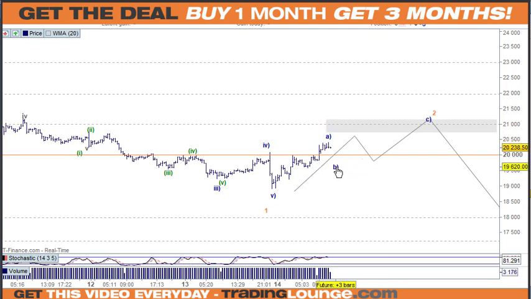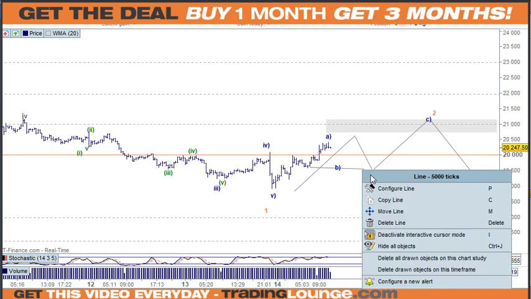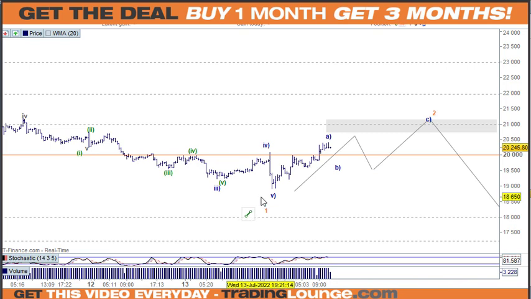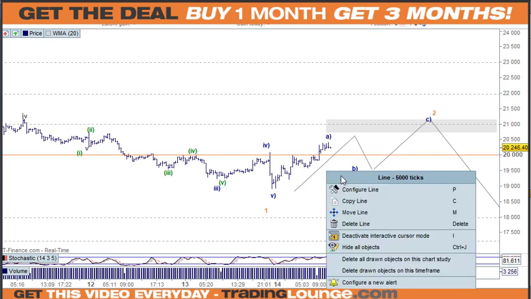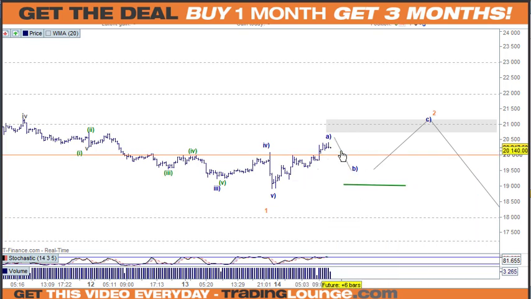So the B wave can come back to, let's just say, somewhere here. That's where the supply is. It can come back to here, which is kind of important. If I put this here and this here, and then remove that, that means we can go short under here. And once that B wave is developed, we can look at, let's just remove that now, we don't need that. We'll just put that there, and that will be in 3 waves, and it might not come that low. We're just looking at the wave 4 of one lesser degree, wave B here,